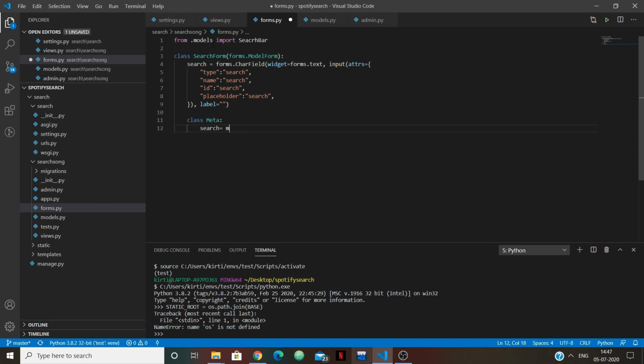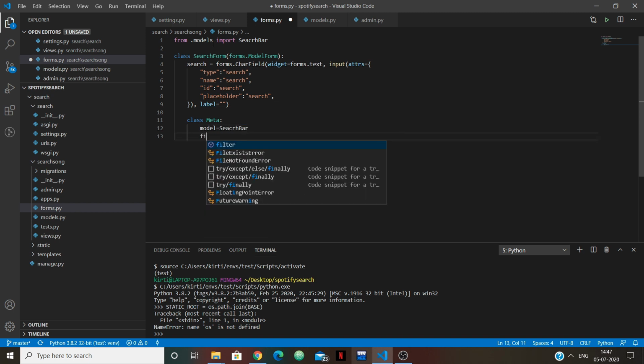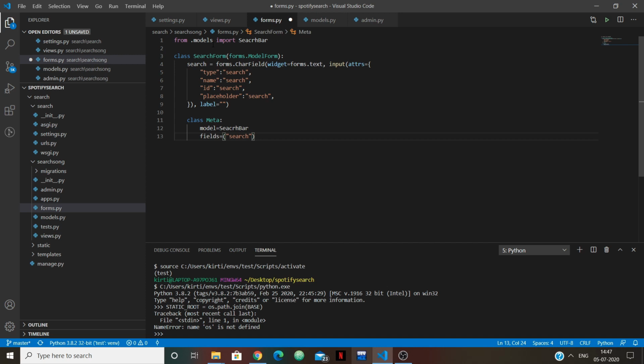So just tell in this class that model is equal to SearchBar and fields is equal to search. So this will create a form onto your HTML display, and whatever data that form takes will go to the model SearchBar.